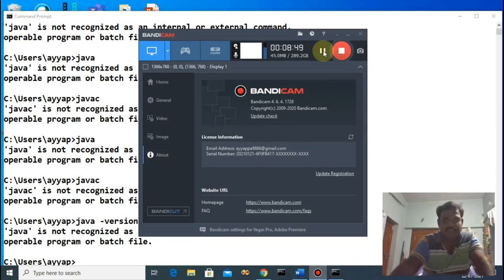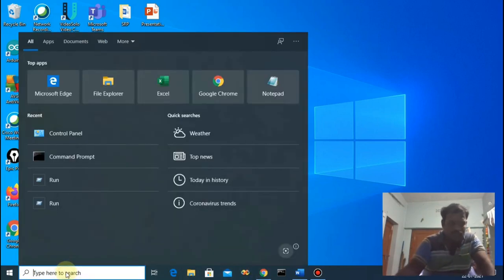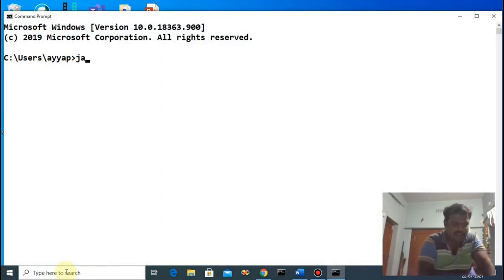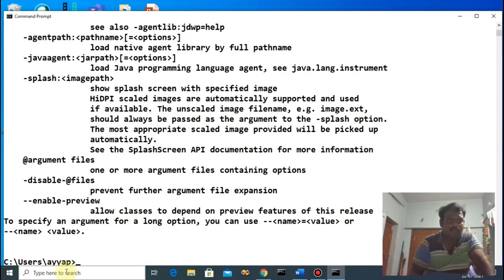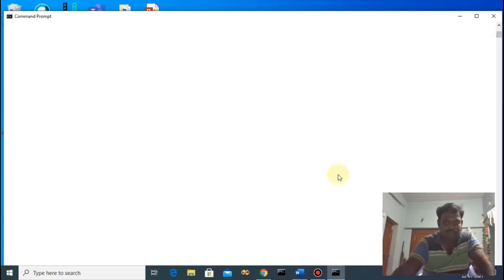Please wait 1 second. Now just check. Take a new command prompt, cmd, and just type java. It displayed some content. That means Java was successfully installed.